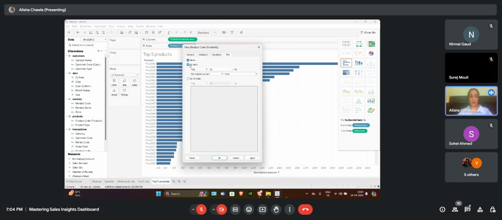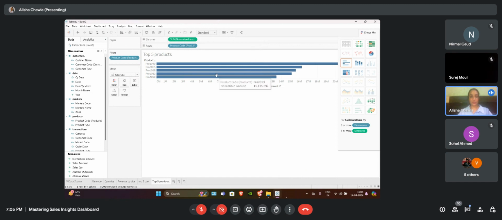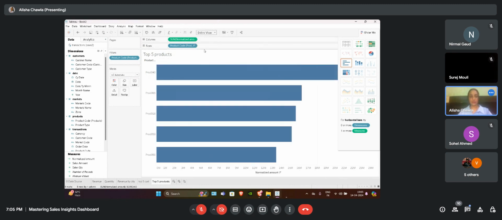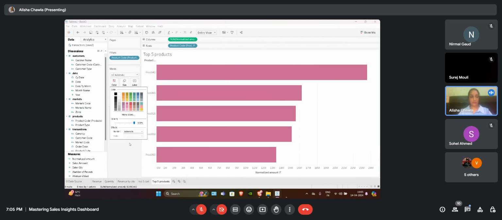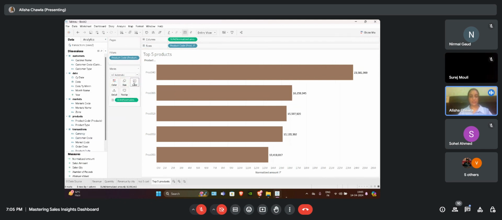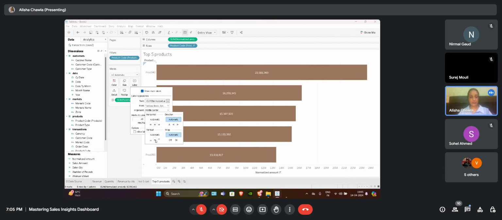We have to choose top 5 by revenue, apply and OK. Make it entire view. Change its color, whatever suits you. And put the normalized amount to the labels. Make it in center. That's it.